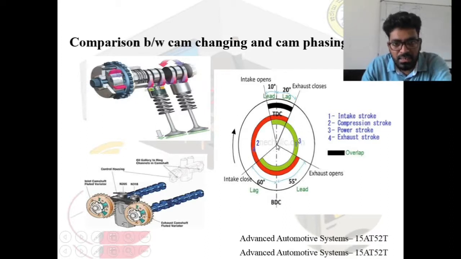So what we can gain in this cam changing VVT is more advanced opening and also more valve duration lift, means here it will open 25 degree before TDC and close 70 degree after BDC,